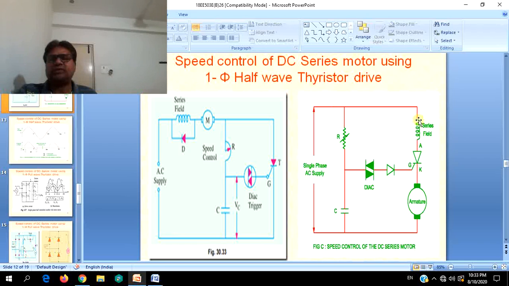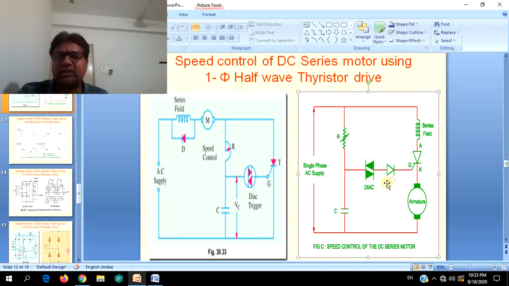Only the positive half cycle flows through the armature, during the positive half cycle of the source, and the negative half cycle will not enter. During the negative half cycle, it is half wave rectification, as simple as that. So here two different circuits are shown. In both, an SCR is used with the same diac triggering, except that here there is a diode in reverse bias condition, so that the SCR will not conduct in reverse via the gate.